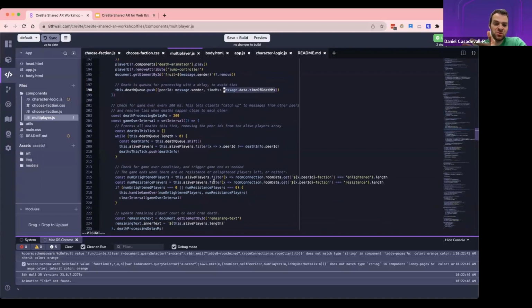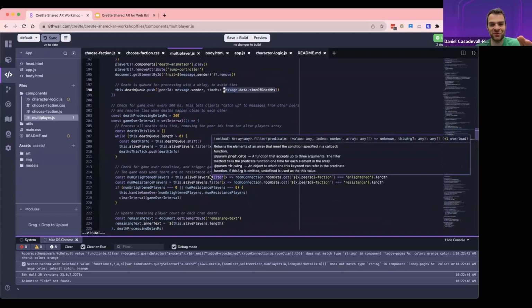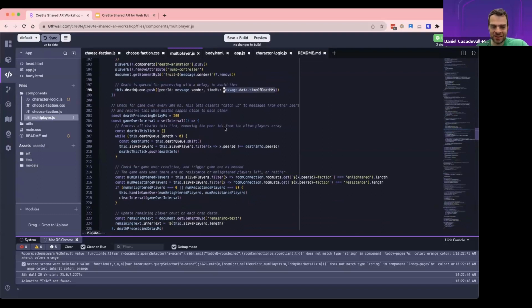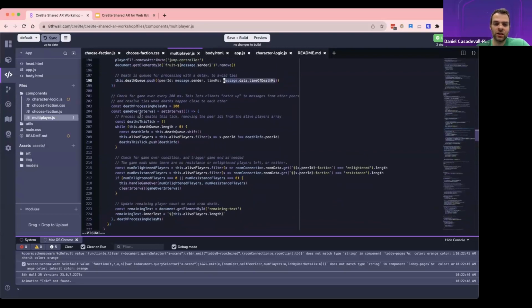And that is how you can solve this kind of race conditions. I know it's a lot. So again, go ahead and look at the sample. This is actually in the hot pot too, so you don't even need the final, but it's also in the final sample. Look at how this game queue works.